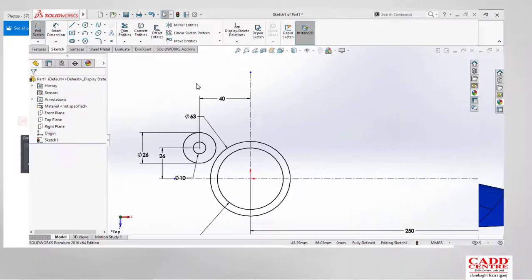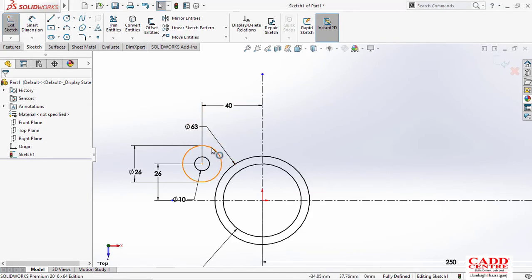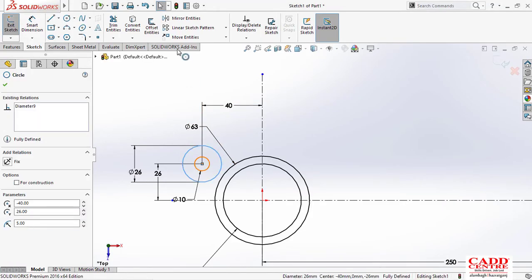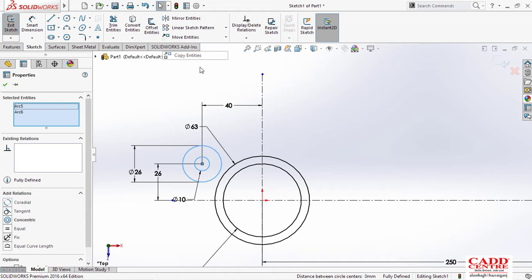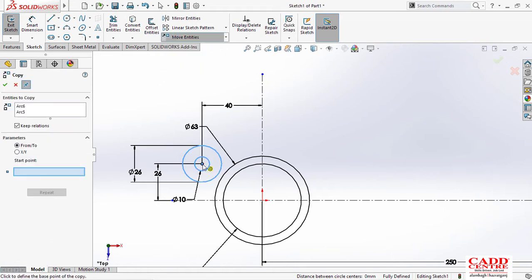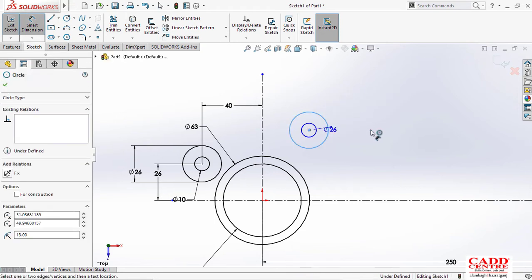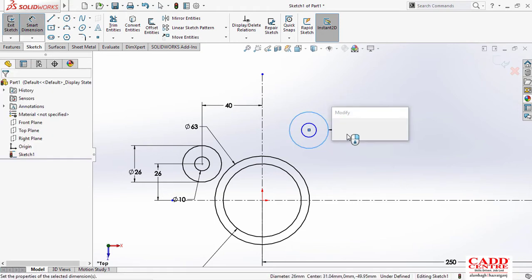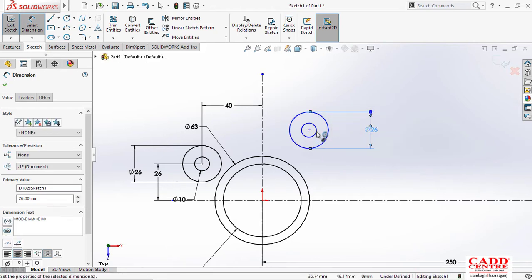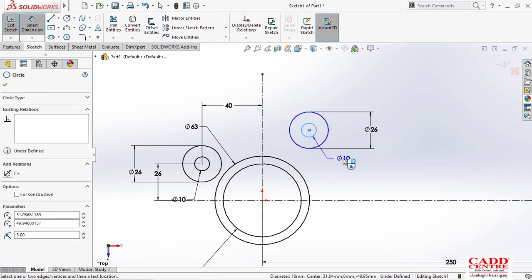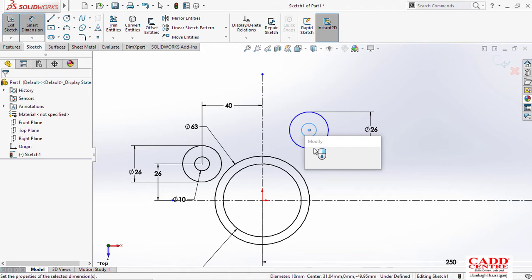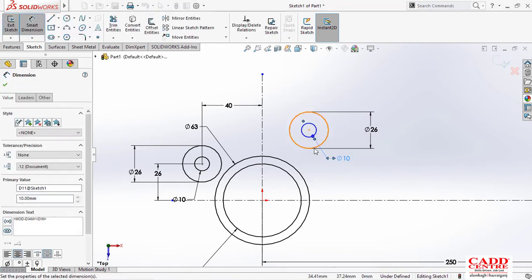I won't make another circle from scratch; I'll copy this circle, so that we don't waste our time drawing another one. So I'll copy, pick here, place here, and now we will give the respective diameter. That will be the same, because we have not changed anything, we have just copied it, and in a copy the diameter would be the same.